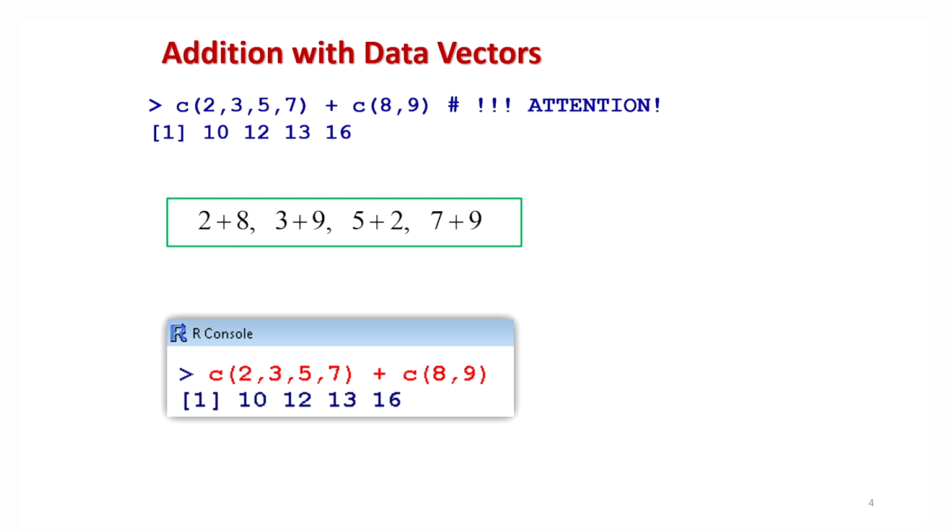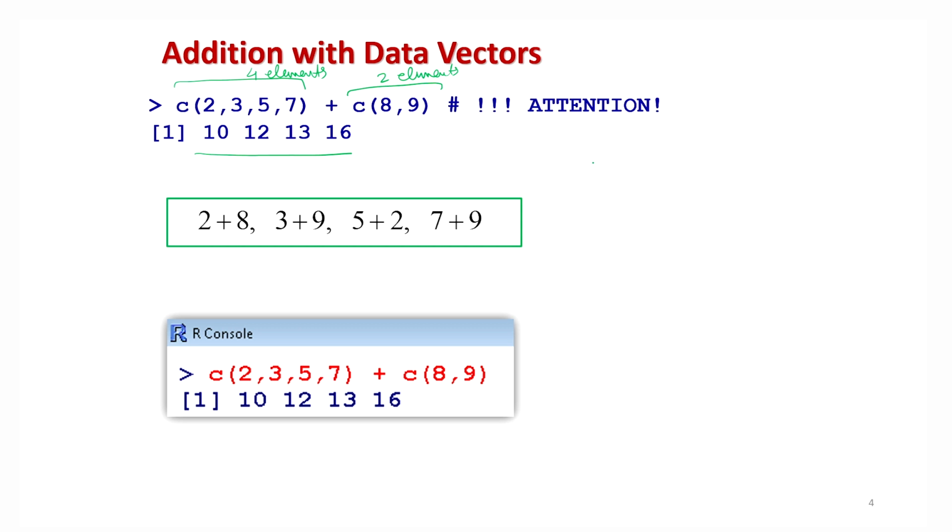Now, in this case, we have taken two data vectors of the same size. Now I am taking data vectors of two different sizes. You can see here this is my data vector 1, which has 4 elements, and I have a second data vector which has 2 elements. If you execute it, the outcome will come out like this. This creates confusion in the beginning about what R is doing to produce this outcome. So let me explain.